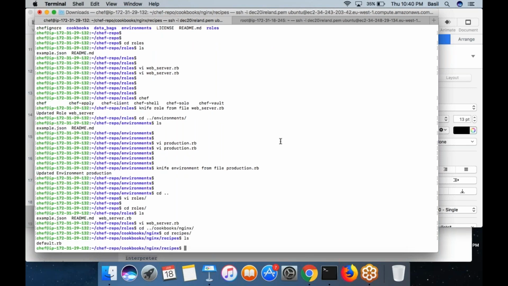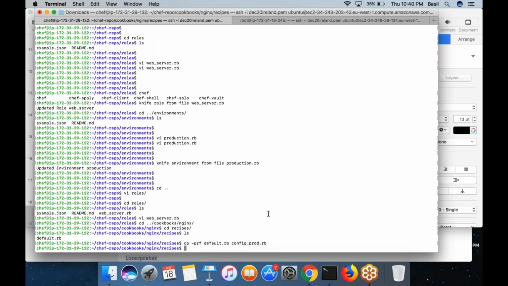I already have default.rb. I will just simply copy. You already understood what I want to do. Basically, I want to create a new recipe because the role says so. If the machine belongs to production, the machine should run this particular recipe instead of default. So that recipe should be present. That's why I created it. So let me upload the cookbook.